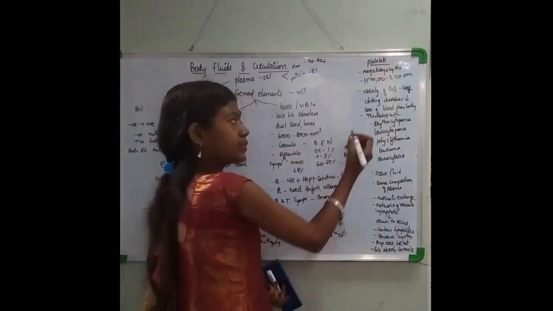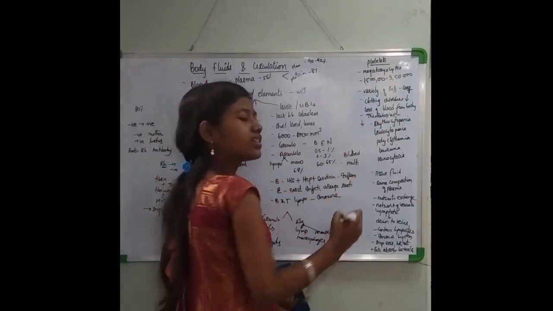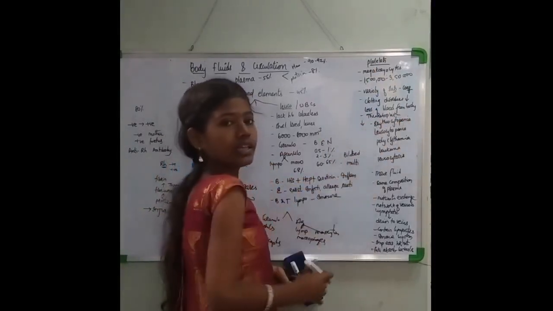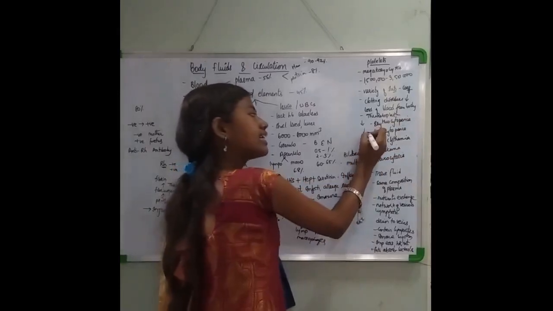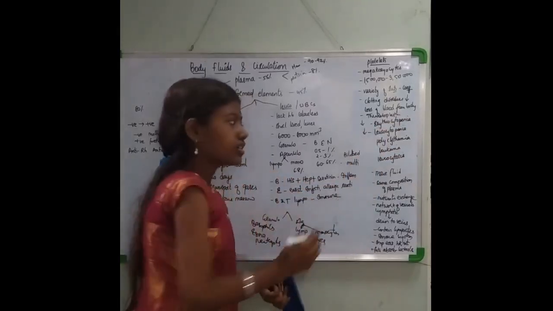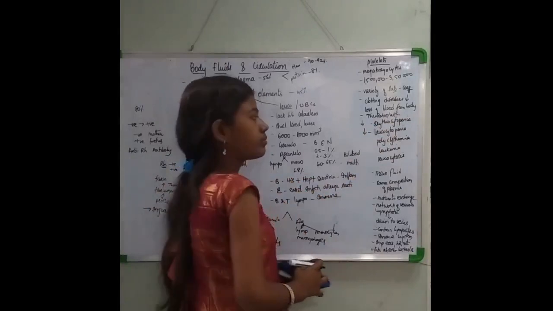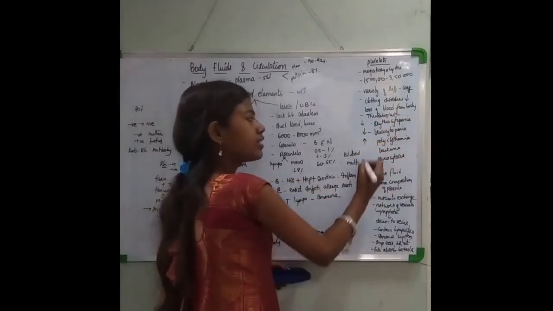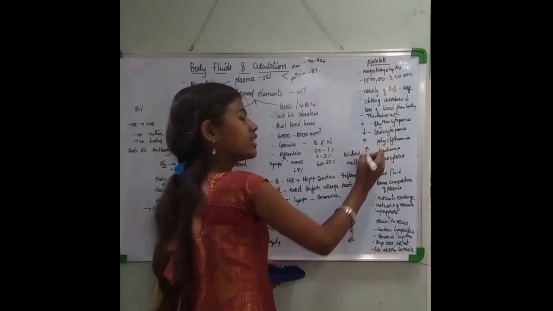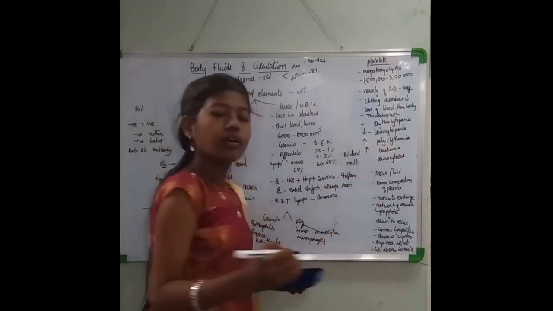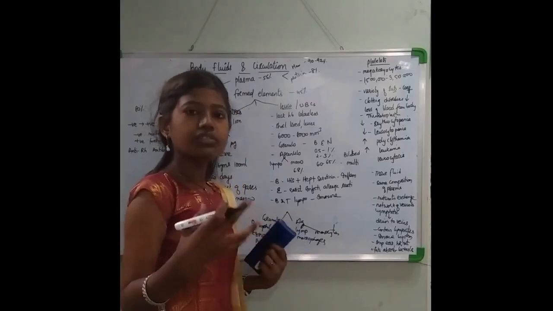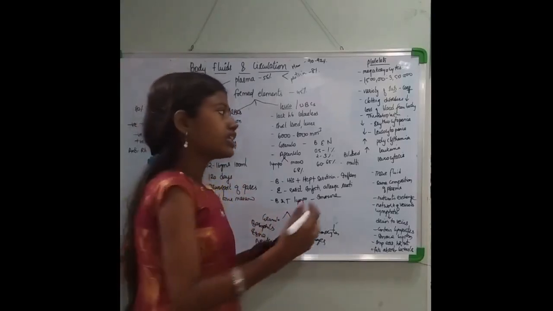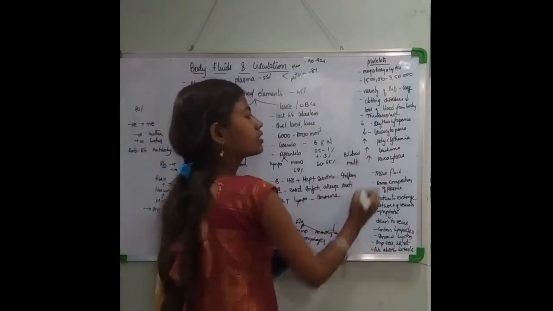Now these are certain terms. When there is a decrease in the blood count or RBC cells, it is called erythrocytopenia. When there is a decrease in white blood corpuscles, it is called leukocytopenia. When there is an increase in RBC, it is called polycythemia. Increase in WBC cells is leukemia. Now there is also a kind of abnormal increase, like production of more antibodies, in WBCs, that is called leukocytosis.